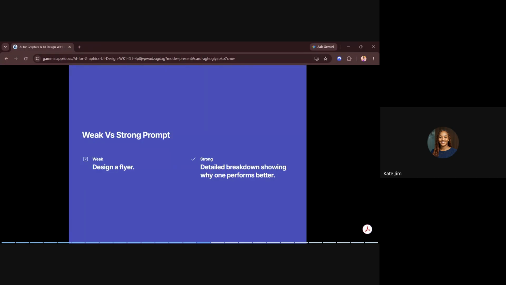So we have the weak versus the strong prompt. What are examples? We have this one on the left. It says design a flyer. That is a very big thing. We have different types of flyer. It could be for an event, a music event, a food event, what flyer? And that's why AI will still go ahead and ask you, okay, I understand that you're trying to create a flyer, but can you please provide specific details? Even AI will be reminding you, are you sure you want me to just give you something basic? I need to know what information you want on this flyer. What kind of flyer? What are you creating the flyer for?